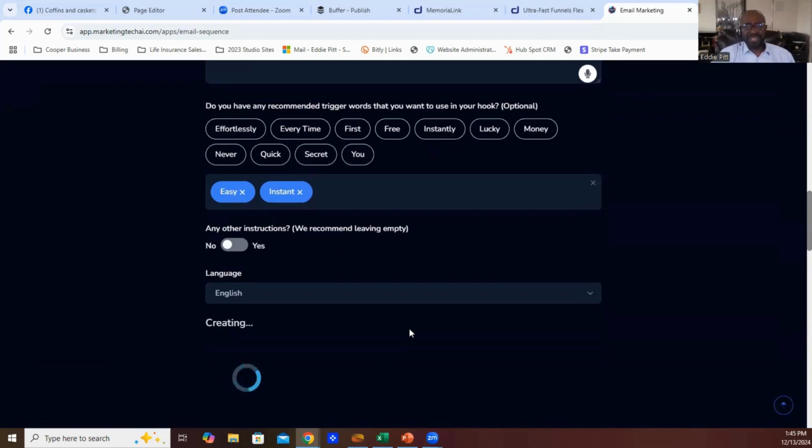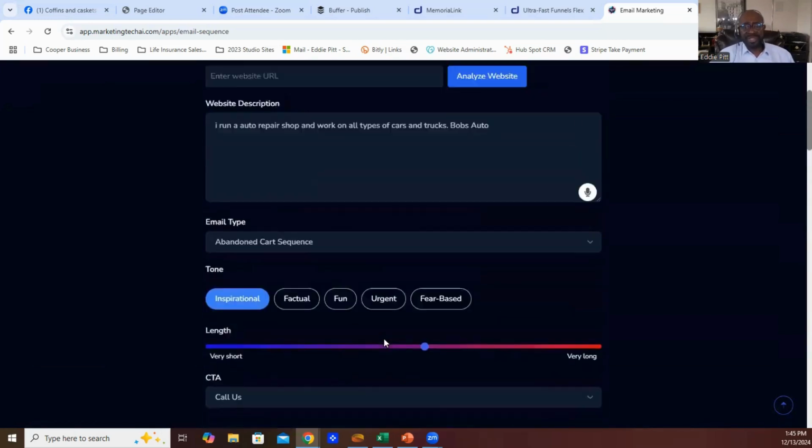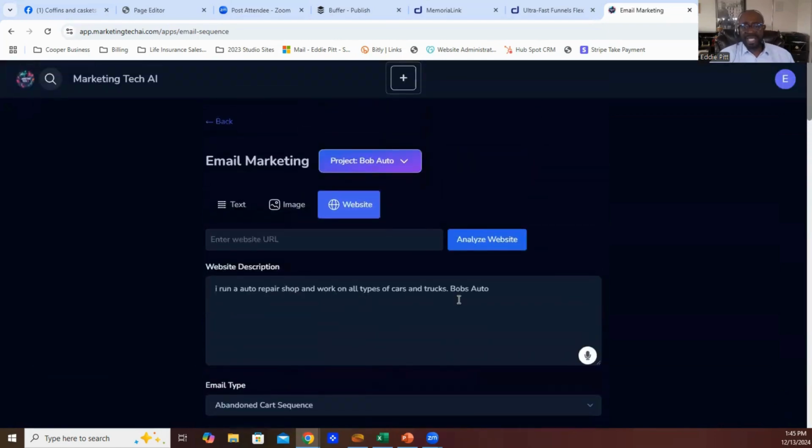So now we're generating from simple language. I run an auto repair shop named Bob's Auto, and I want to send some emails out. You set a funnel, and now you need some emails to go out, whatever your business might be. The funnel is set up for new customers, but you can also put your existing customers into your funnel. And you can send a different type of message to your new customers because, again, you can build as many funnels as necessary. So your present customers may be put in a different funnel where you got a different level of conversation going on.